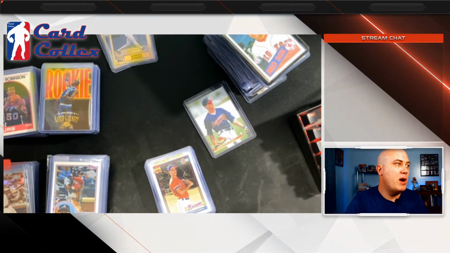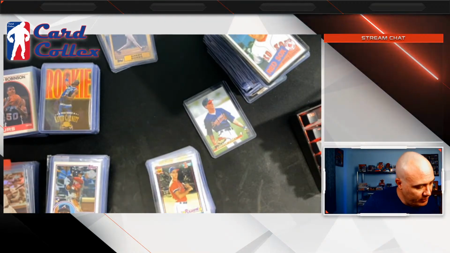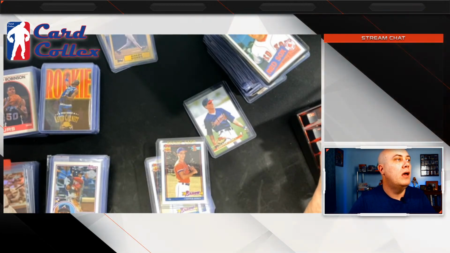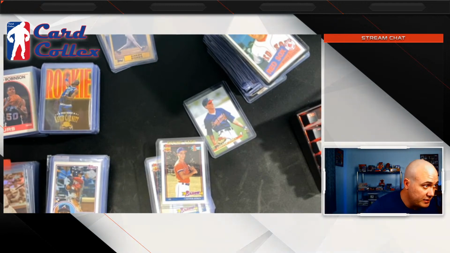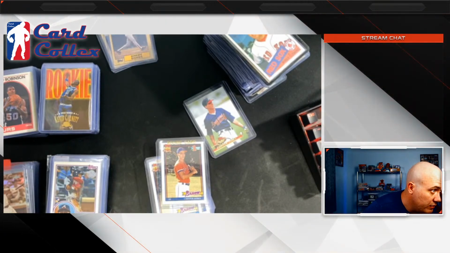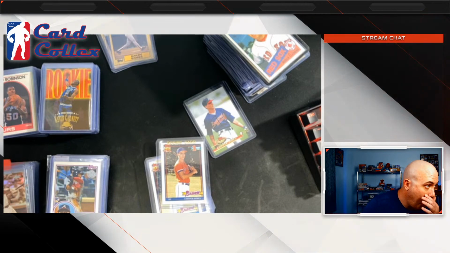This is how I price everything. I just go into the sold listings. Is that not 92? Oh, that's 91. Okay. I just go into the sold listings, see what stuff's selling for. Let's see here. Sold. So $2 shipping. That one's pretty off center.